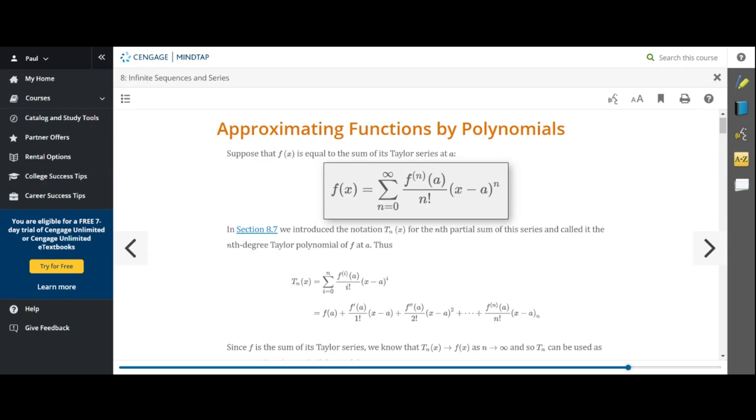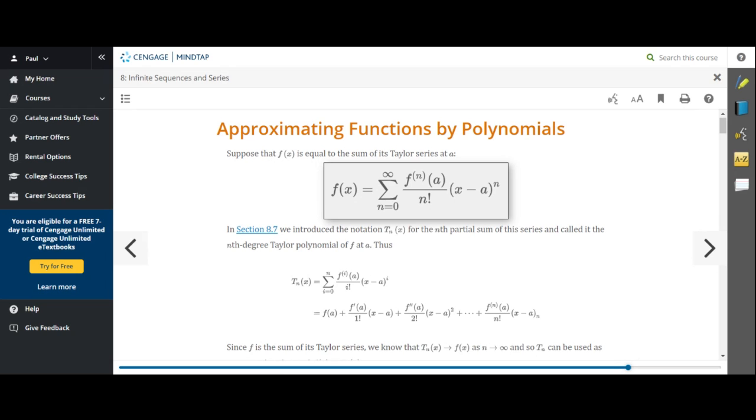Look at your summation. Your summation goes from n equals 0 to infinity. Okay, so that's right, Michael. There are an infinite number of terms in the series. The function itself will actually equal the series itself. But